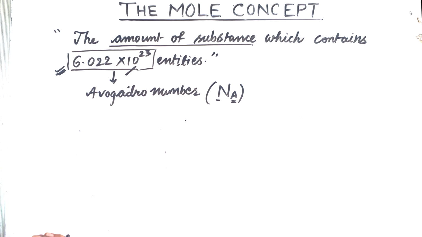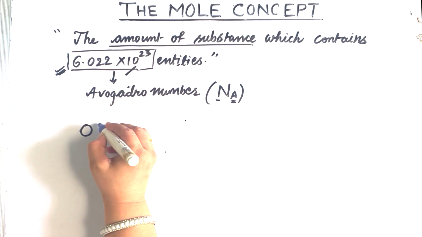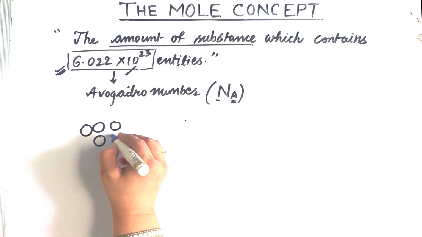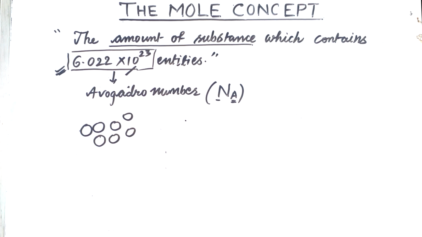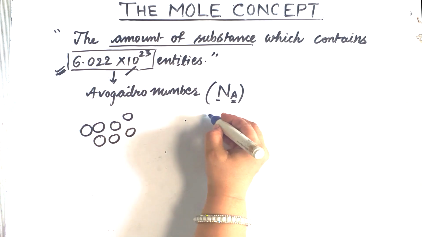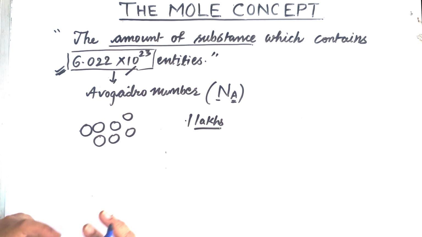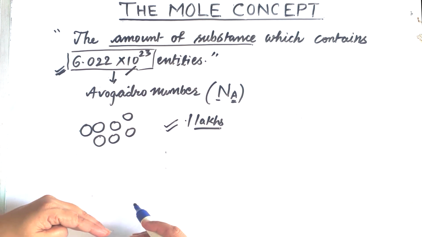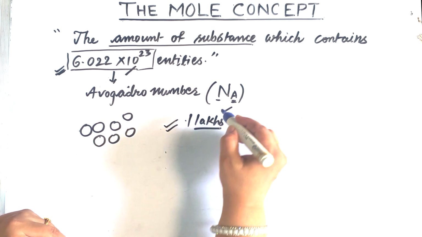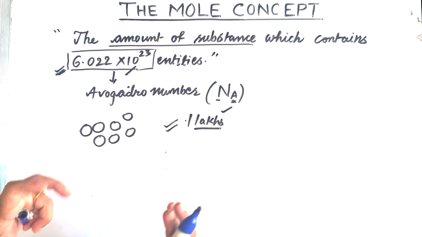What I mean to say here is, let's understand it in a better way. Suppose I am working in a company which makes tennis balls. So here are my tennis balls in my company, and my company gets an order of, suppose, 1 lakh balls. 1 lakh balls means I have to count them, and then pack them, and because I am the packaging in charge, I am in huge trouble because I have to pack this many balls.